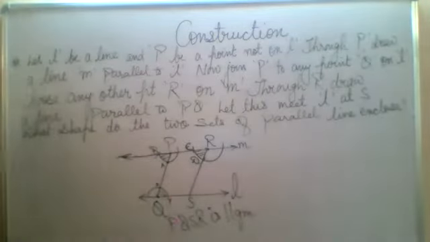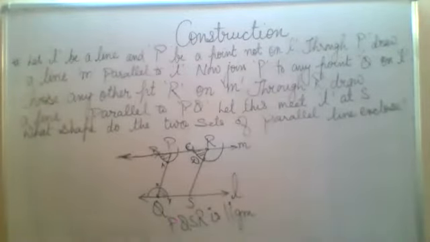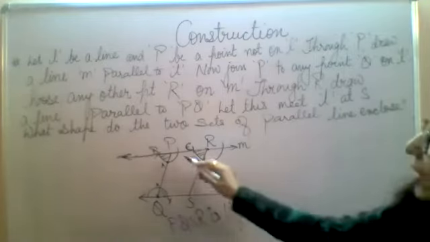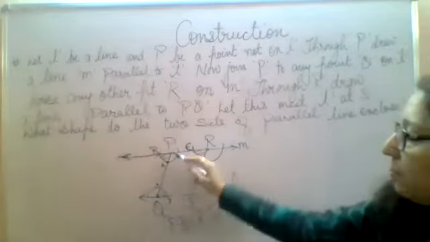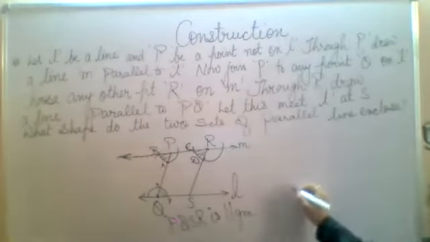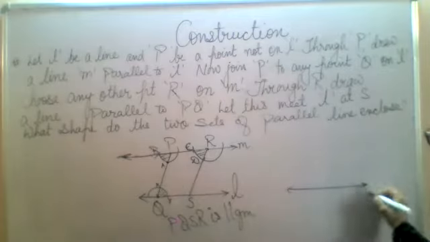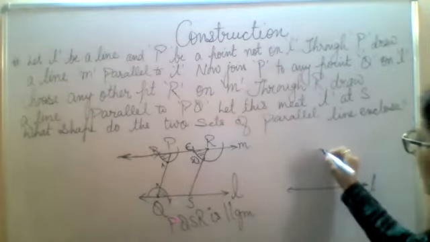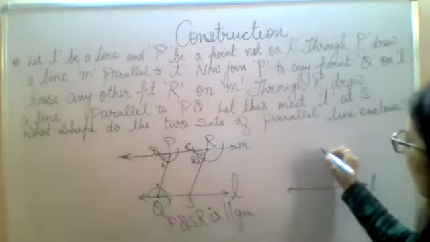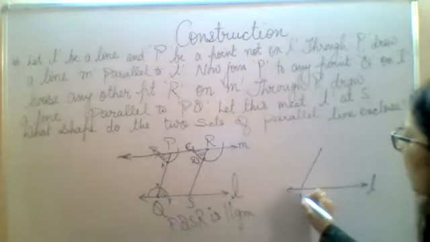I hope this is clear to everyone. Now let's do the construction. I need my students to do it. You can do the same question another way, as it is written, because I have taken the same common point here, PQ. Otherwise you can do it in this way: L line, take P point here. From P point, you can take any other point T.